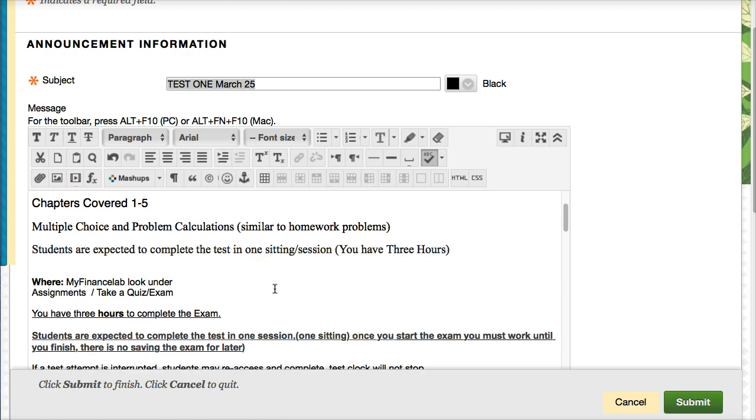I'm giving you a long time for this test because if you have any computer issues, like your computer shuts down and you have to switch to another computer, and it takes you 5 or 10 minutes to get to another computer or another source of Wi-Fi, I already built in that extra time. That's why I extended it as long as 3 hours. So if you have technical difficulties, those are already built in.